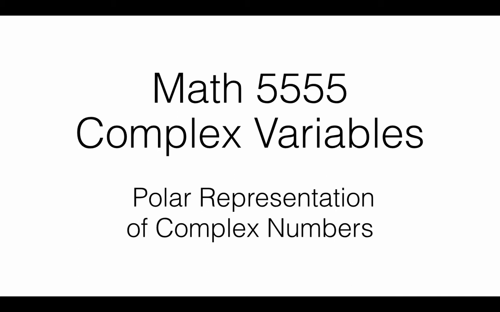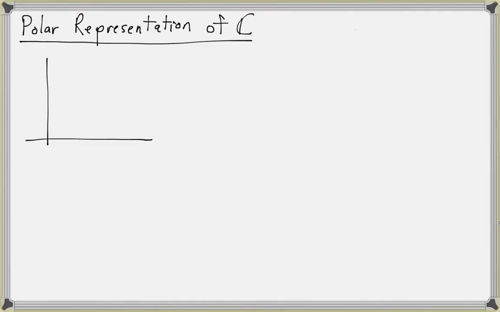In this lesson, we will discuss the polar representation of complex numbers. We have already talked about representing a complex number x plus iy as a point in rectangular coordinates x comma y, where x is the real part of z and y is the imaginary part of z. So we're going to let r and theta be the polar coordinates of this point, where r is the length of this vector representing x comma y, and theta is the angle measured from the real axis up to the vector